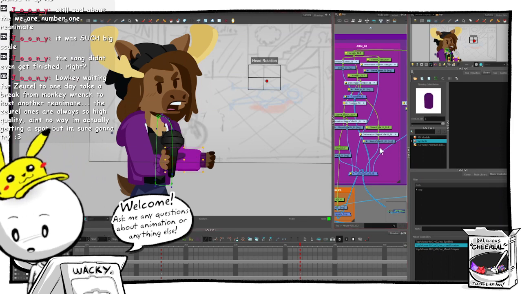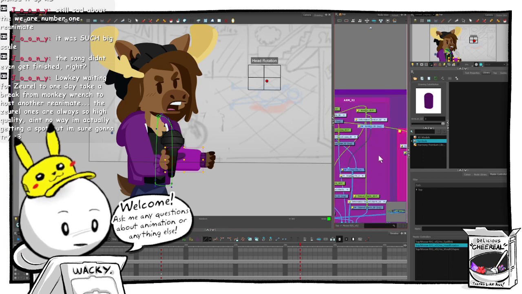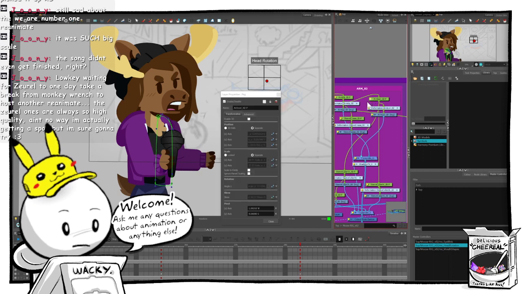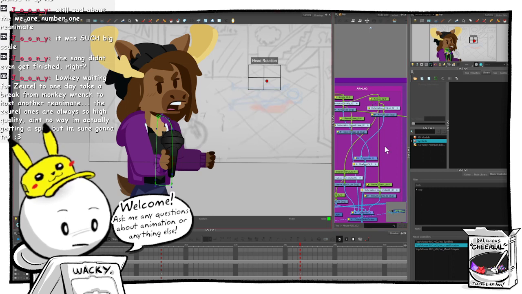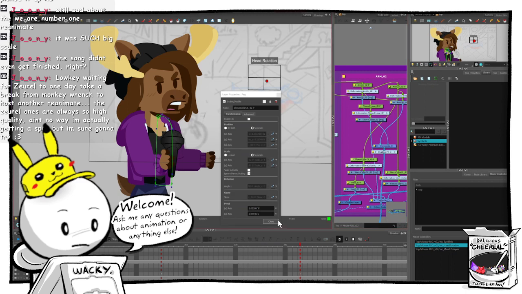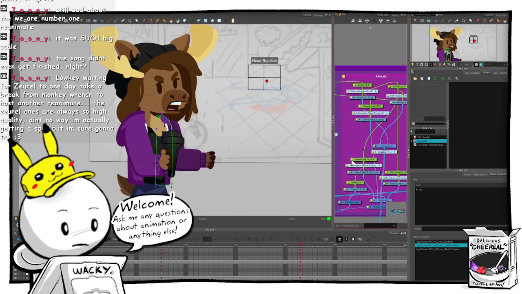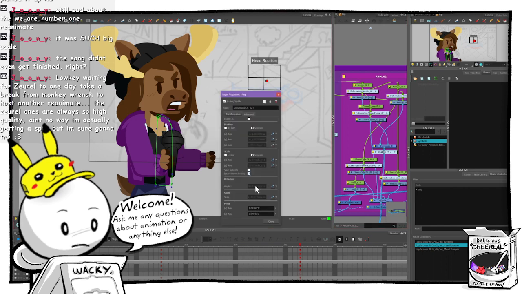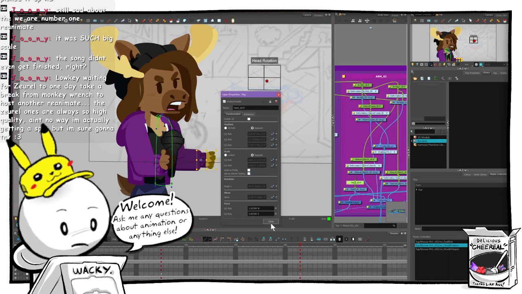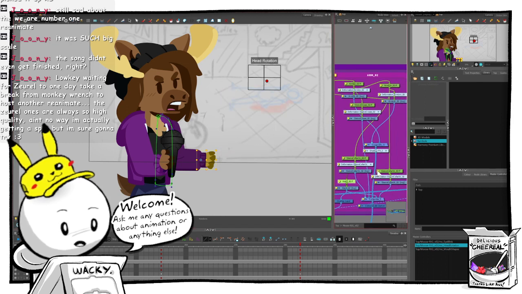So what the heck? Why would this be happening? Do I have ignore parent scaling? Maybe if I have that turned off, it would be fine? I don't think this is the issue, but let's turn it off and see if that fixes it.